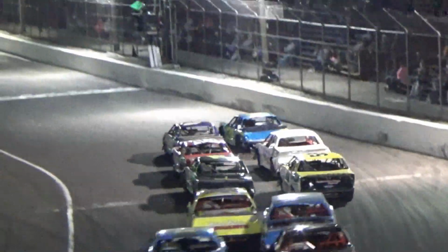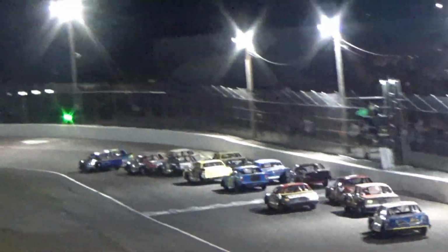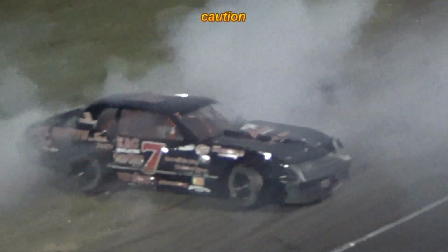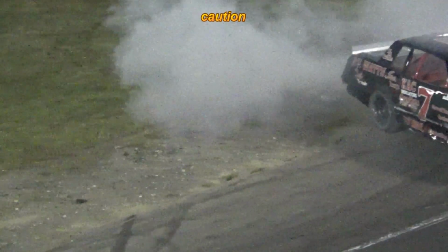Here we go, another great restart for Sean Monahan. He'll take the lead into turn number 1. And let's see if Meyer can fight back as he jackhammers his way underneath the 31 of Monahan. They are dead even, frozen together like twin pops as they go into the 4th corner. It is Meyer who's going to come out of the corner with the lead. Monahan now dips down in front of Stone. He takes over 2nd spot, but we got problems in turn number 4. And Young this time is one of the culprits to bring out the yellow,